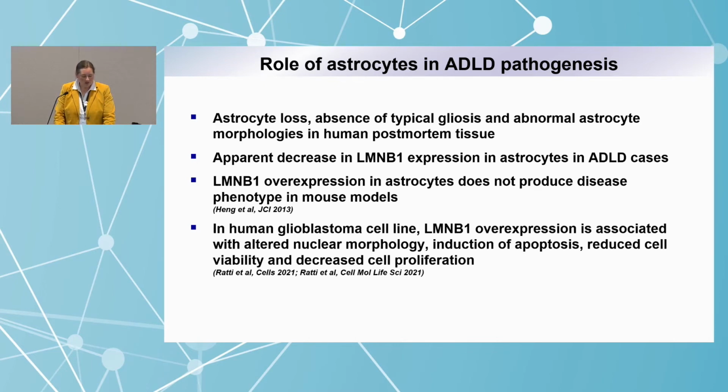In the mouse, as Quasar has mentioned, if you overexpress lamin B1 in astrocyte-specific models, it does not produce a disease phenotype. So it doesn't seem that astrocytes alone would be able to drive the disease process. So possibly it's an interaction between the different glial cell types. Other studies have overexpressed lamin B1 in astrocytic tumor cell lines, the glioblastoma cell, and clearly see some abnormalities there. But the question is if this can be really translated into the milder expression that we see in our